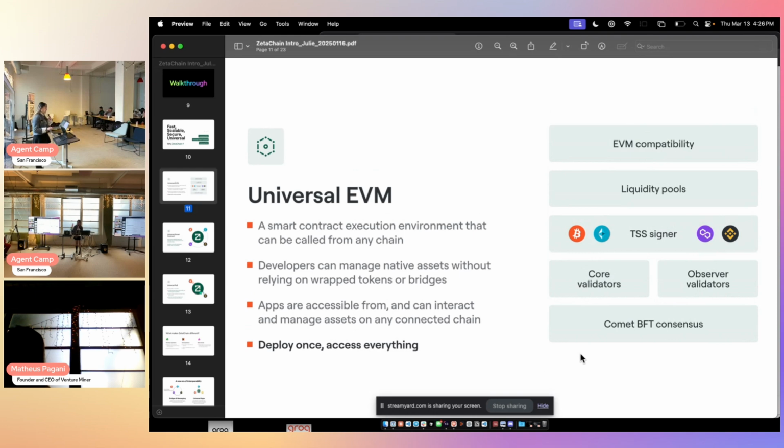Developers can manage native assets without relying on wrapped tokens or bridges, so those apps can interact with and manage assets on any other chain. I'll go deeper on this in later slides. Basically, you deploy once on us and you can access everything, just like one smart contract.